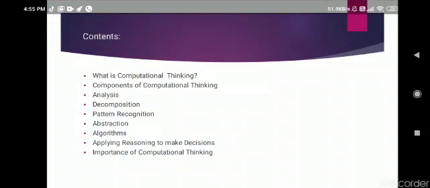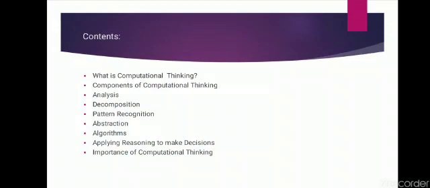First, let's take a view of the content we are going to study here. That is, first is what is computational thinking, components of computational thinking: analysis, decomposition, pattern recognition, abstraction, algorithm, applying reasoning to make decisions, and importance of computational thinking. Now, first topic is